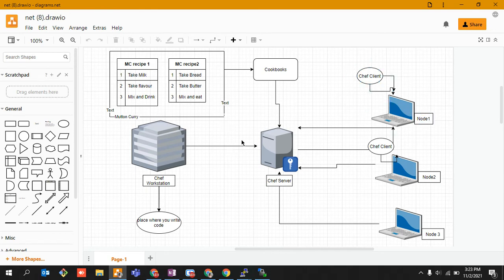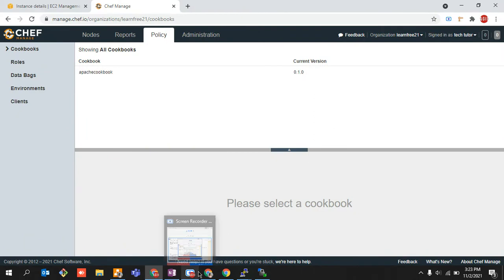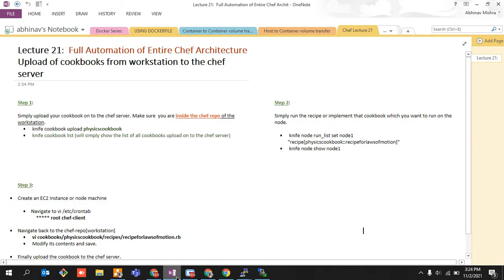If not, it will come and pull it on its own, right? So let's see how that happens. It's the last step. If you want that to happen automatically, you need to do these particular steps. You need to simply specify the recipe, or implement that cookbook on the node, right?